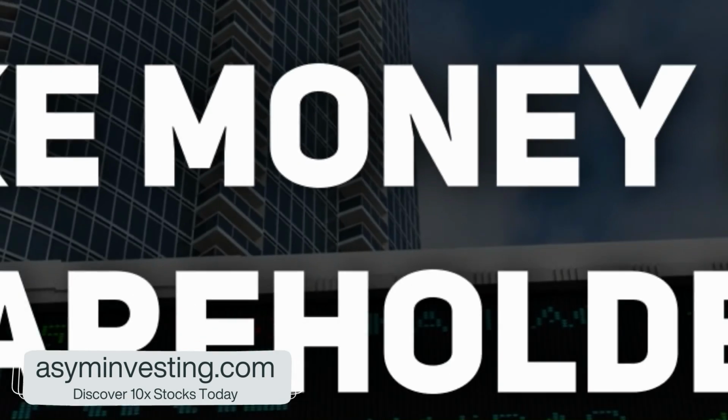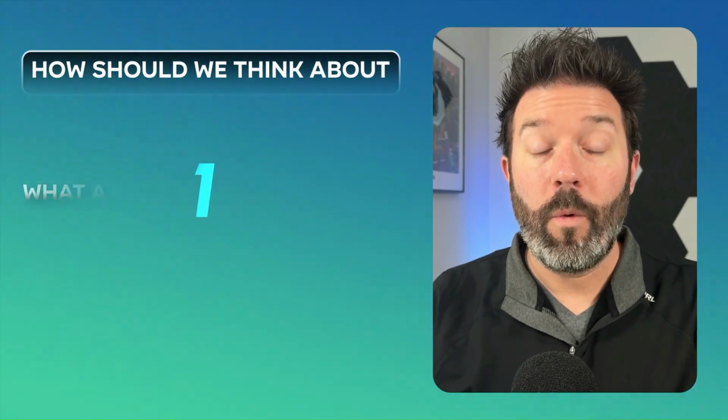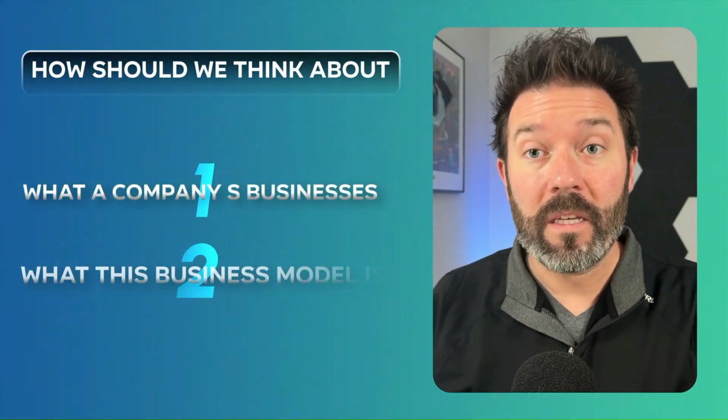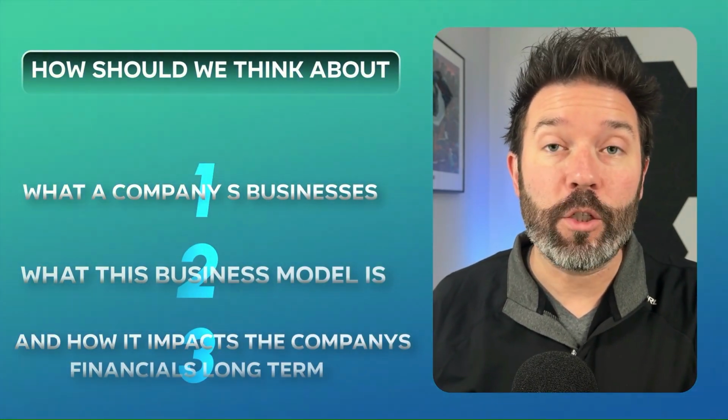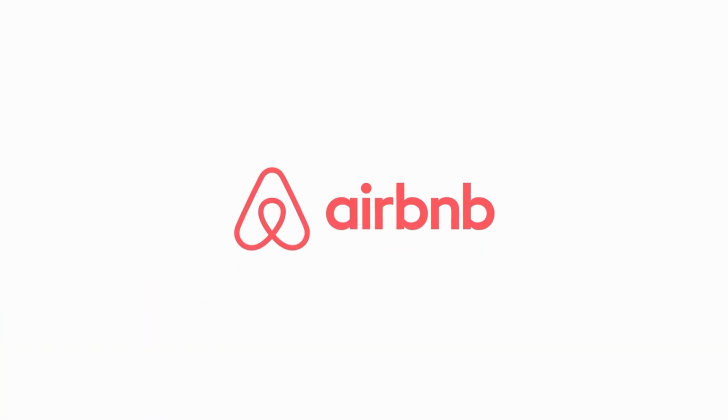There's a lot of nuance that goes into investing in public companies, how those companies make money, how they're ultimately going to make money for shareholders. So one of the things I want to do on this channel is dig into companies from top to bottom. How should we think about what a company's business is, what its business model is, and how it impacts the company's financials long term. So today I'm going to start with Airbnb and everything you need to know about this